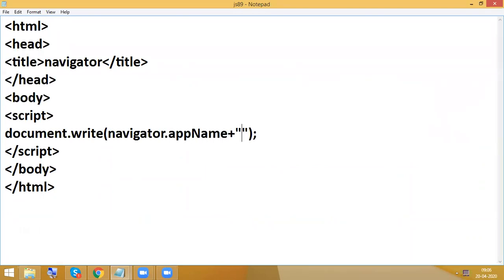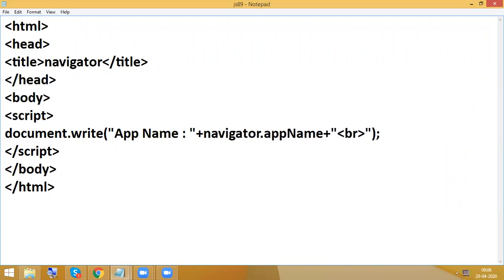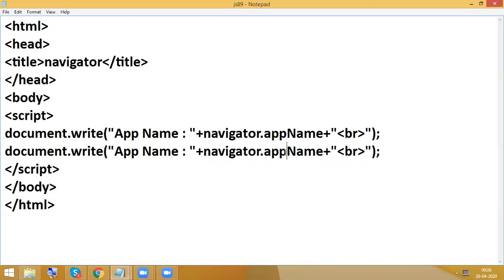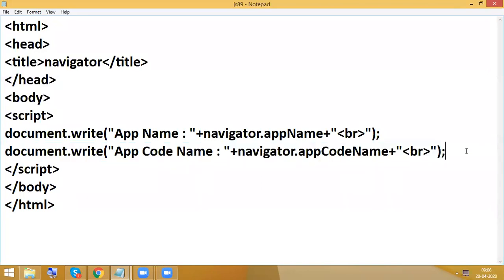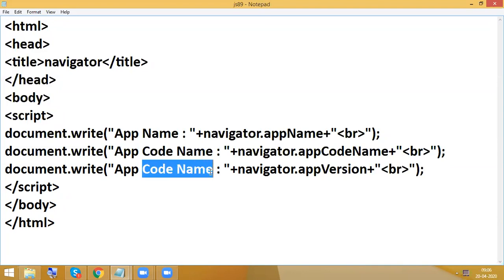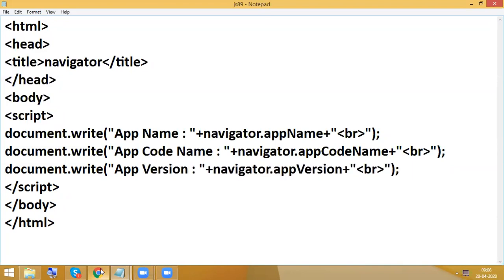If you write appName, we will get something, but that is purely predefined, because this navigator object is a browser engine which includes complete information. So navigator dot appName, navigator dot appCodeName, and next we can even find the appVersion, but whatever output we are getting is everything predefined.